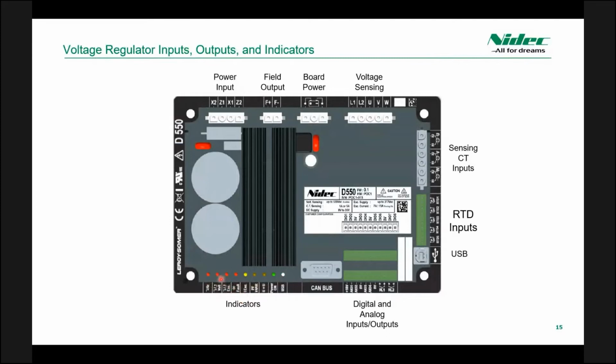For instance, here we have 4 red lights for 4 different faults. It's the under frequency fault, over excitation fault, and such. And then this yellow light here is just showing whether or not the regulator is currently exciting. Here's a couple different regulation modes that it would like to represent. And then the power on here is just going to show that the device is powered. And then the USB light here indicates whether or not you have a USB cable connected currently.